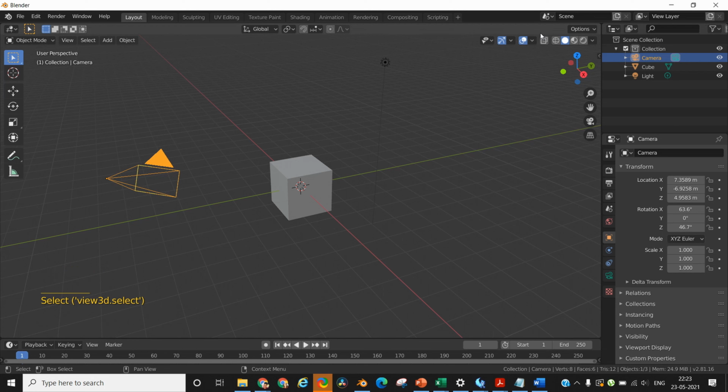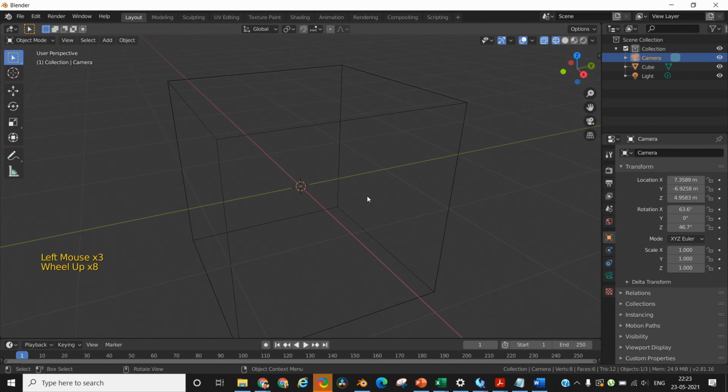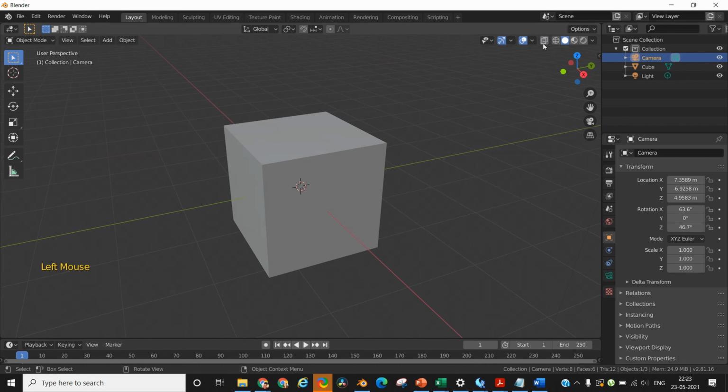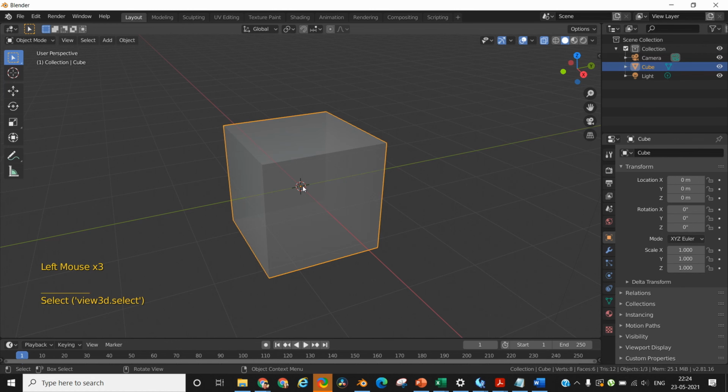The circles or buttons at the top right are the different render options which allow you to see the 3D objects in different modes. So we have a wireframe mode in which you only see the wireframe and the solid faces melt away. Then we have solid mode which allows you to see objects in their natural state, and we have X-ray mode which allows selection of even invisible vertices by simply doing a box selection.